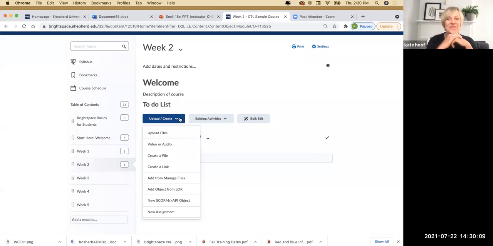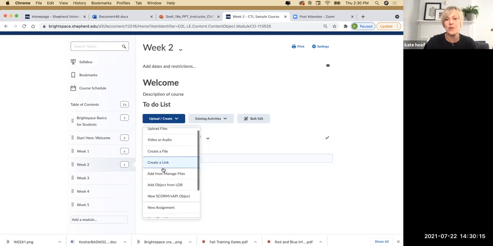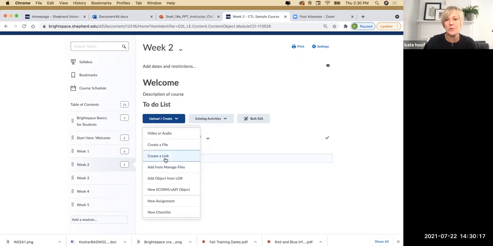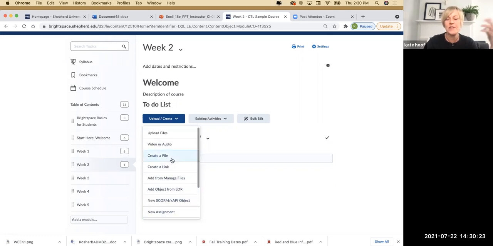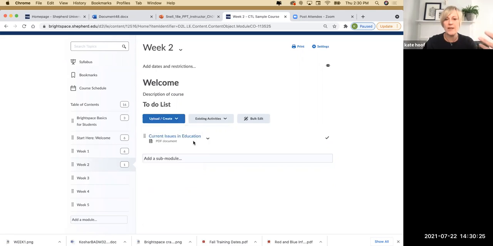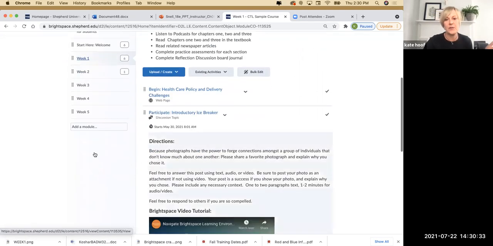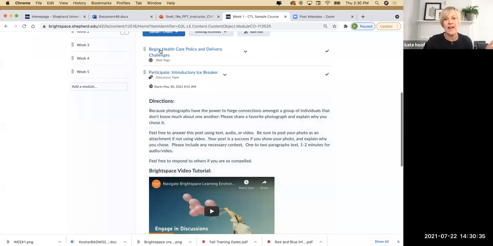Okay. All right. So you can see here that you can add a link to something. For example, if there's a YouTube video that you would like to link to, you would do that here. And you have different options. All of it works the same way. It would provide you with different links down this list. Okay. So if we go back to our week 1 that's built out,